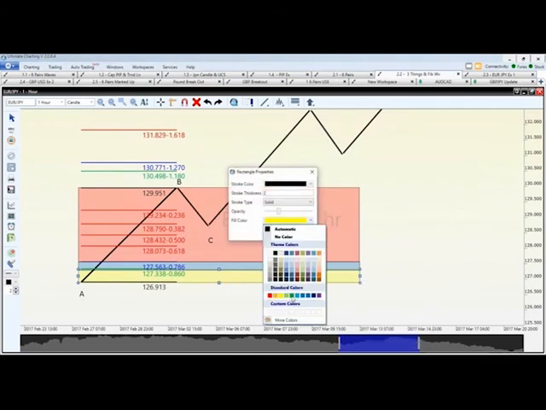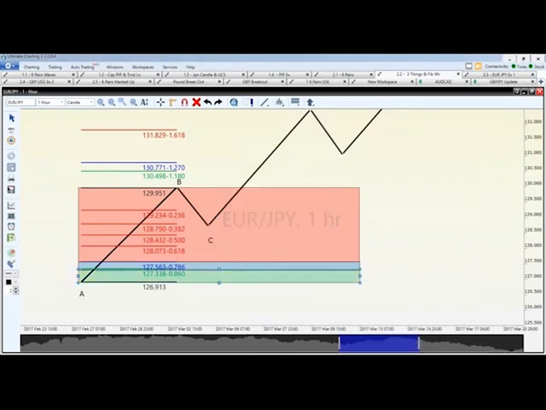Okay, this is green. Can everybody see that so far? So you should see red, blue, and green. Just put colors if you can see the different colors. So the way this works is, if everybody sees this C, this BC line right here, let's say the market stops and it reverses somewhere in this red zone. Does everybody see that? So regardless of where it is, if it stops and reverses anywhere in this red zone, then we expect the market to retrace up. Does everybody see this red line above? We expect the market to hit that. It could exceed it, but we expect it to go up there for sure. Okay, so that's how that works.